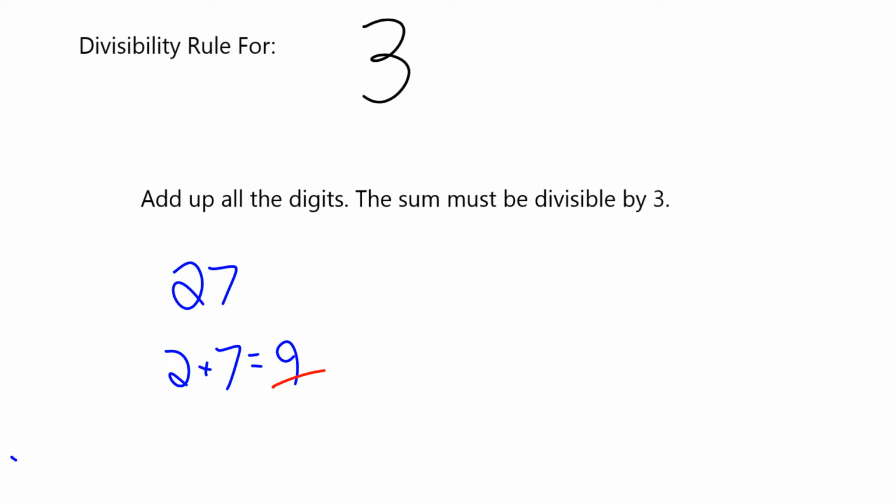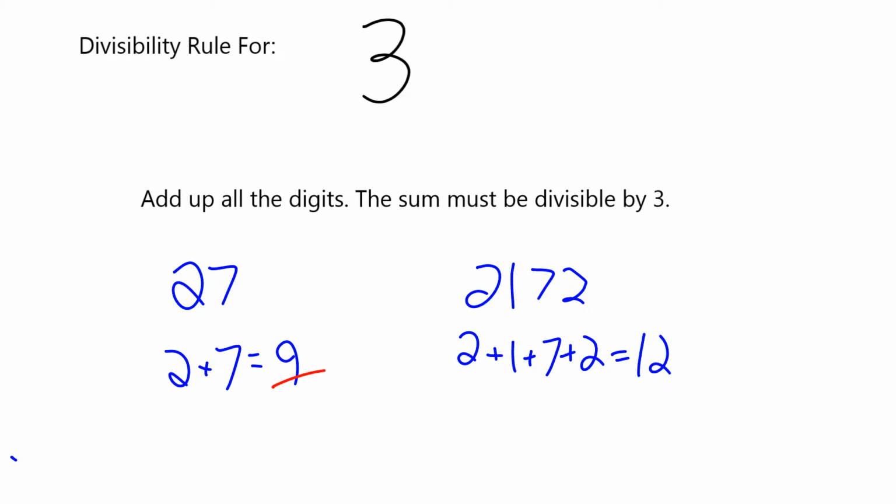Since 9 is divisible by 3, so is 27. For a bigger number, like 2,172, again, add all the digits together. 2 plus 1 plus 7 plus 2 is equal to 12. And since 12 is divisible by 3, so is